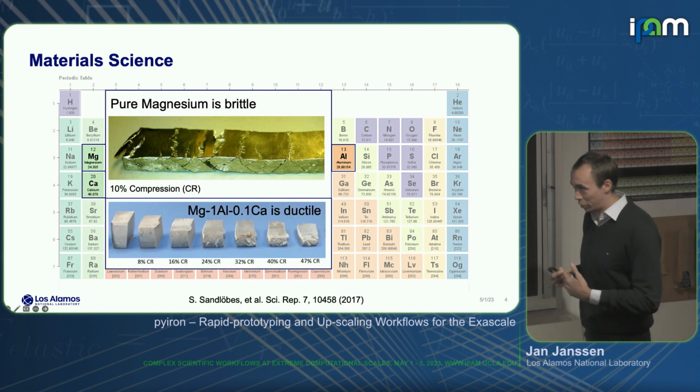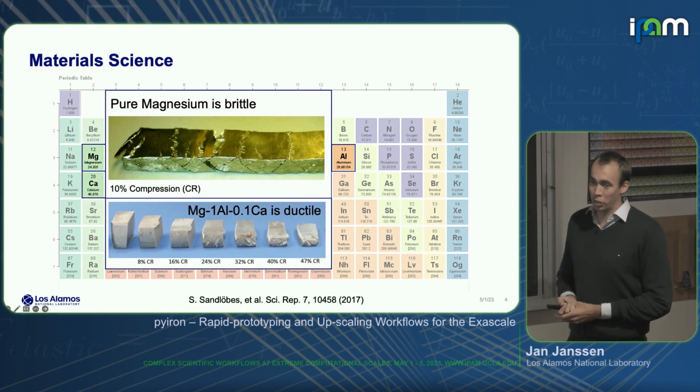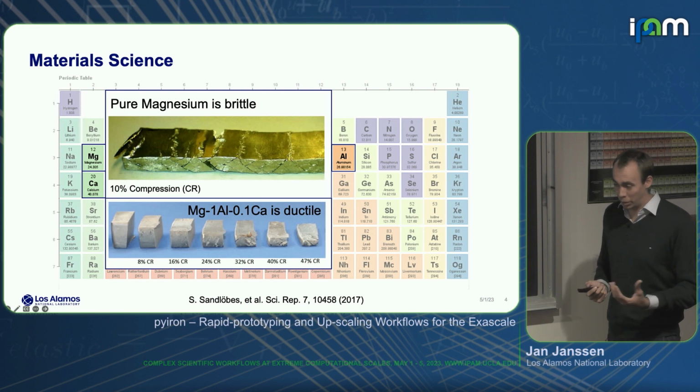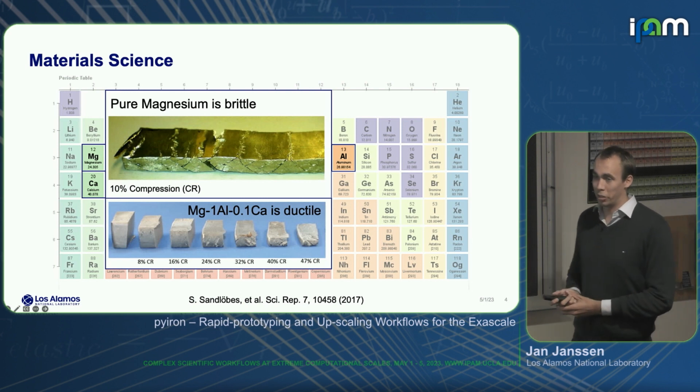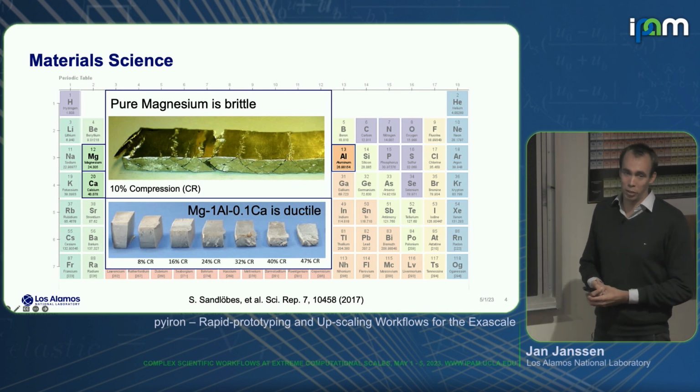And then if we search the periodic table, we can find combinations. So here in this case, 1 weight percent of aluminium and a tenth of a weight percent of calcium. And with this, we can form a highly ductile alloy while still keeping the lightweight and all the good properties that magnesium offers. So we would really like to find these kinds of special combinations in the periodic table